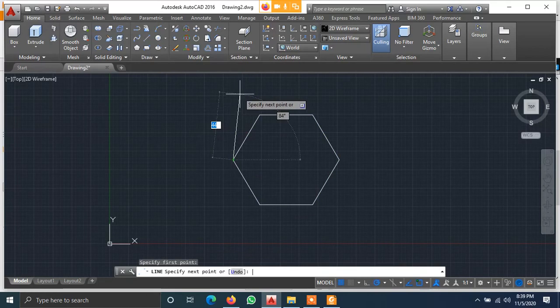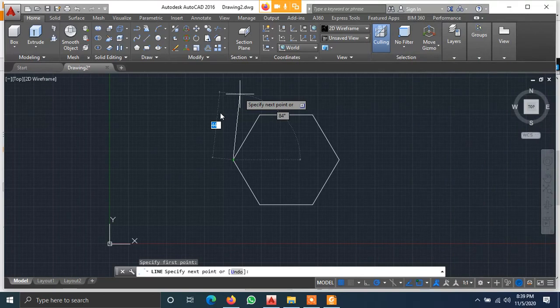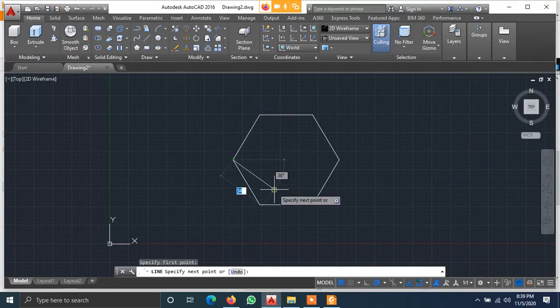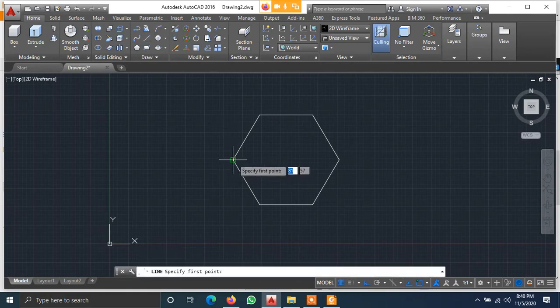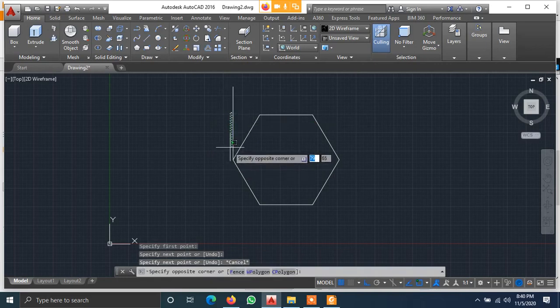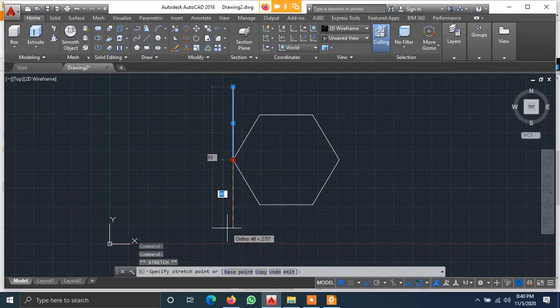Make sure ortho is on. Draw a line which is vertical, and extend it, because this line is parallel to the wall, isn't it? This is your reference line.